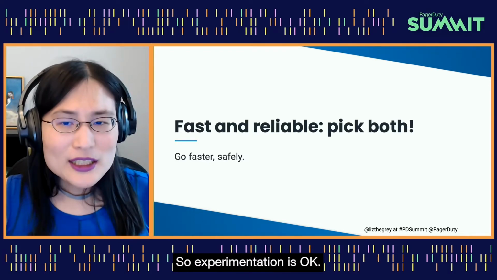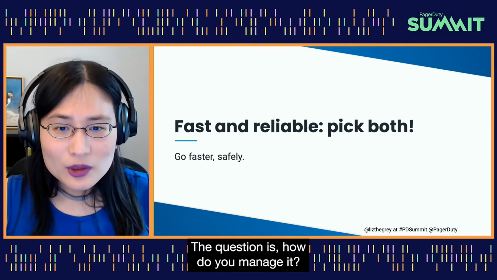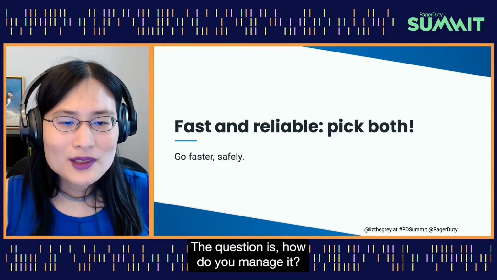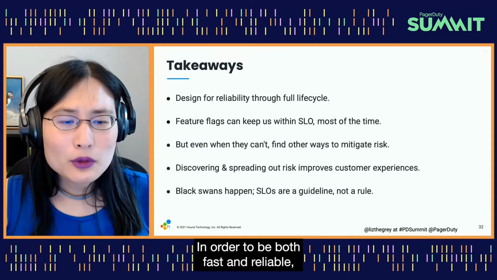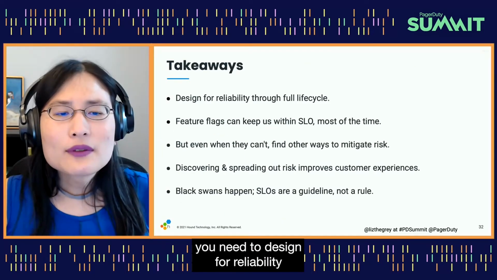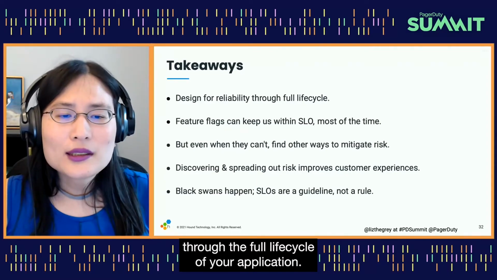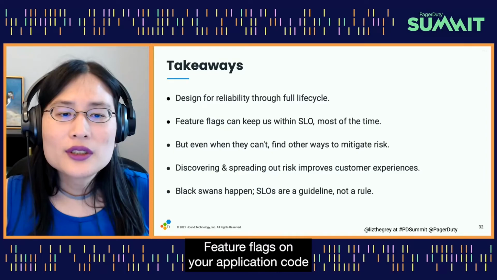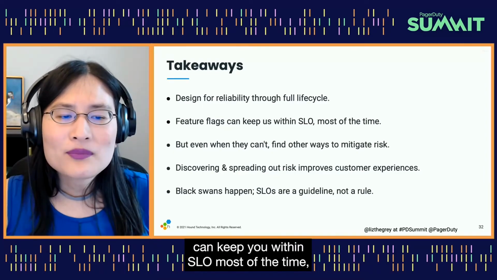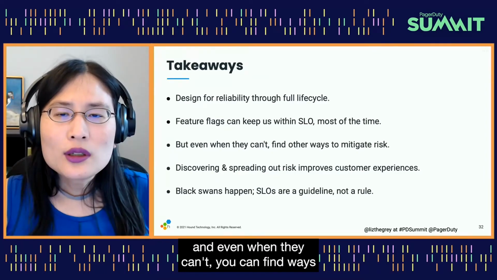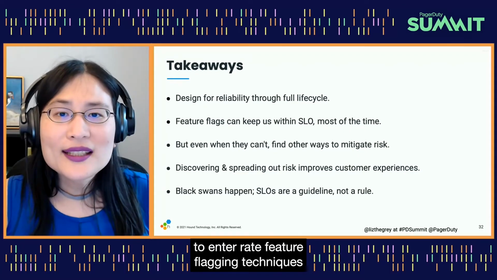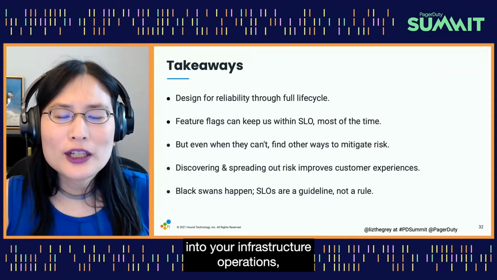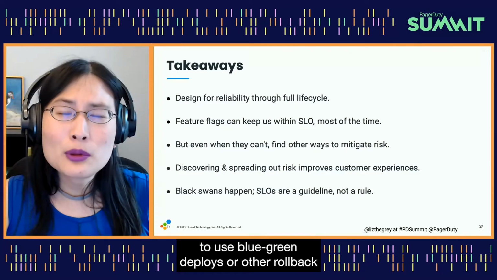So experimentation is okay, outages are okay. The question is, how do you manage it? In order to be both fast and reliable, you need to design for reliability through the full lifecycle of your application. Feature flags on your application code can keep you within SLO most of the time, and even when they can't, you can find ways to integrate feature flagging techniques into your infrastructure operations, to use blue-green deploys or other rollback mechanisms